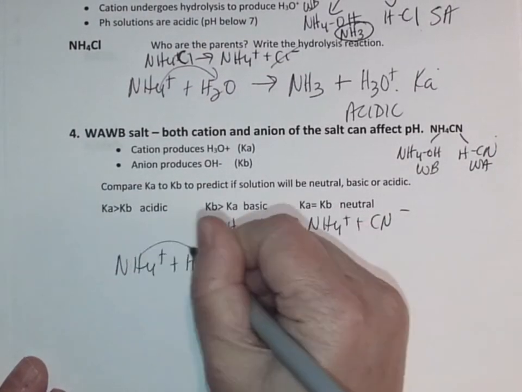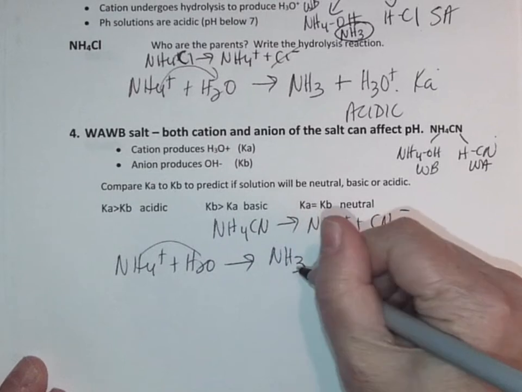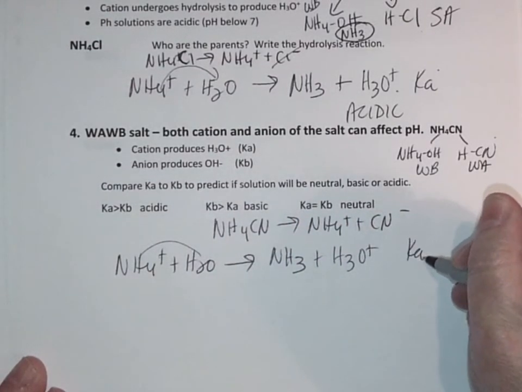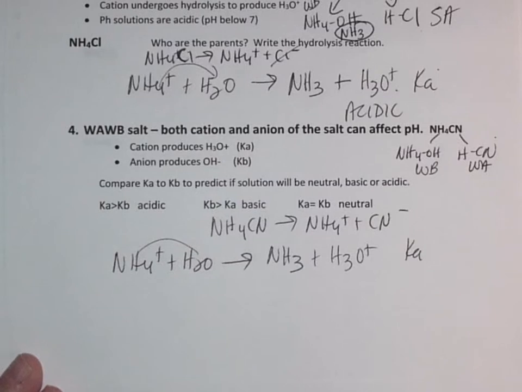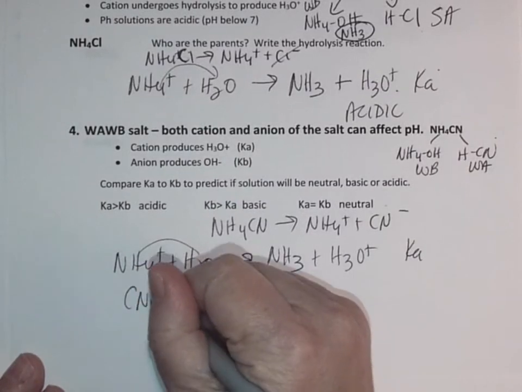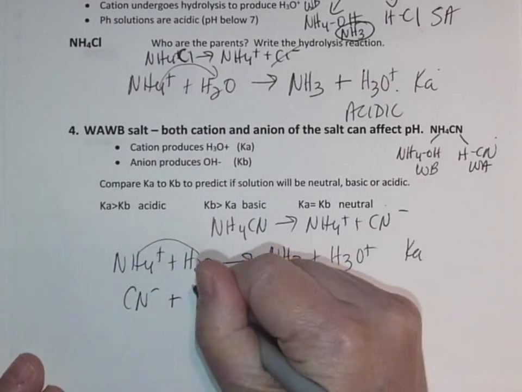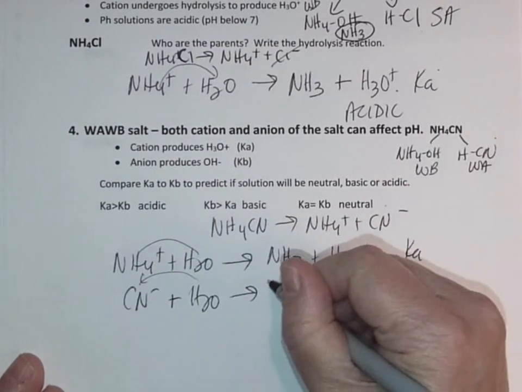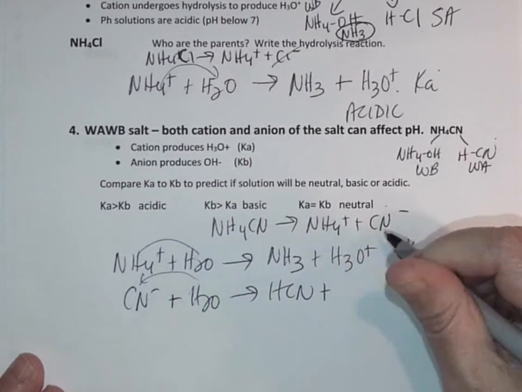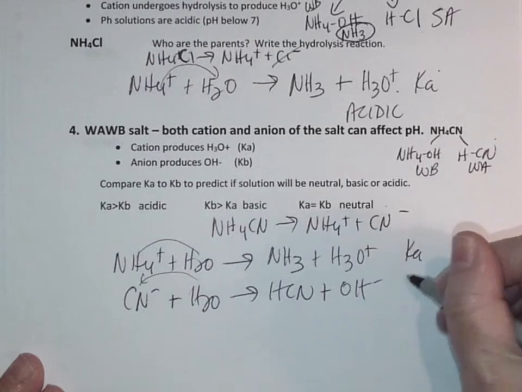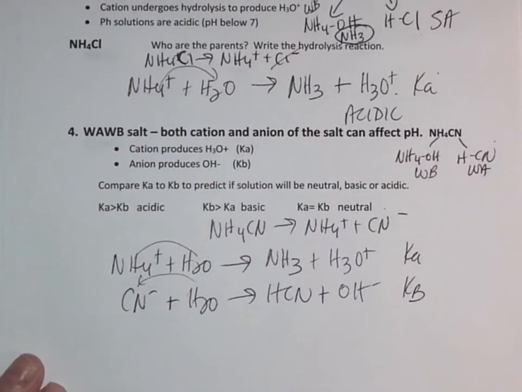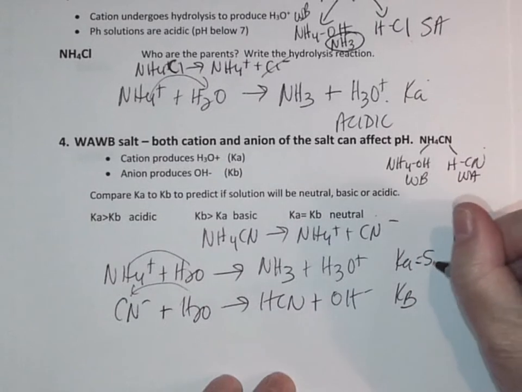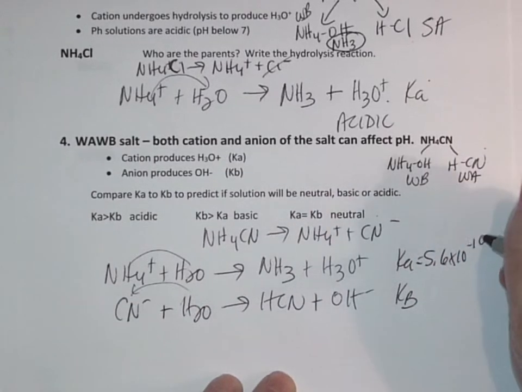We just wrote this one up above. So this is going to be an NH3 plus H3O plus. Right away, write down Ka. The CN minus, all right, that should look like a base reaction to you. It's going to react with water. That's going to get the H over here to do HCN plus OH minus, and I need a Kb. So right now, both of these can impact the pH, but what we need to do is to know those